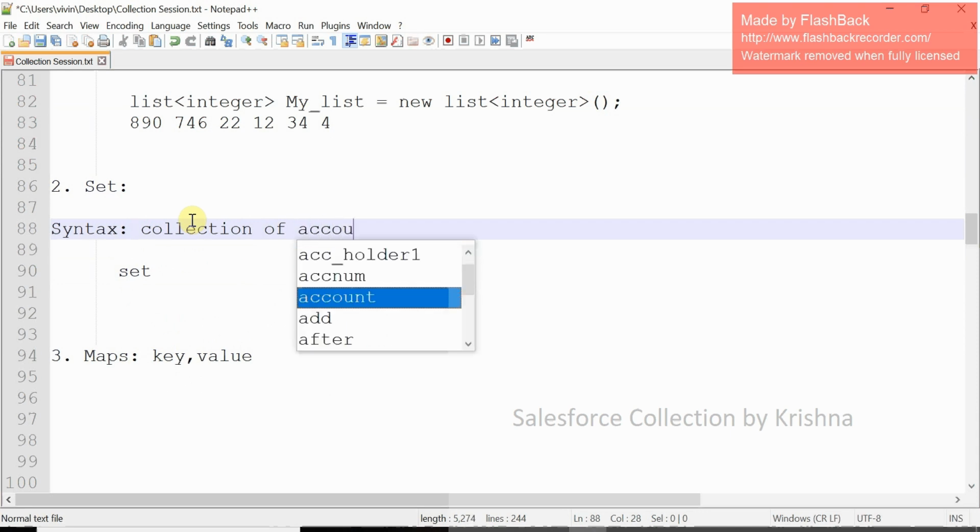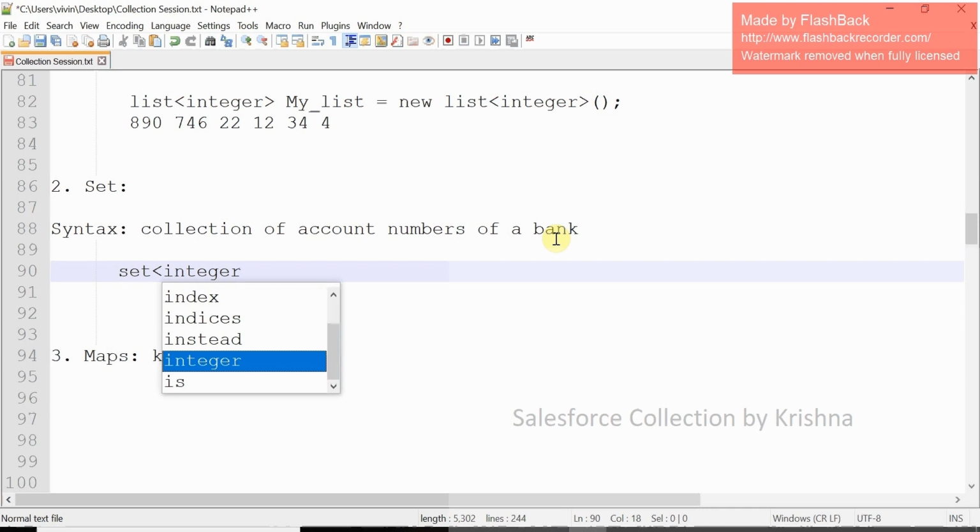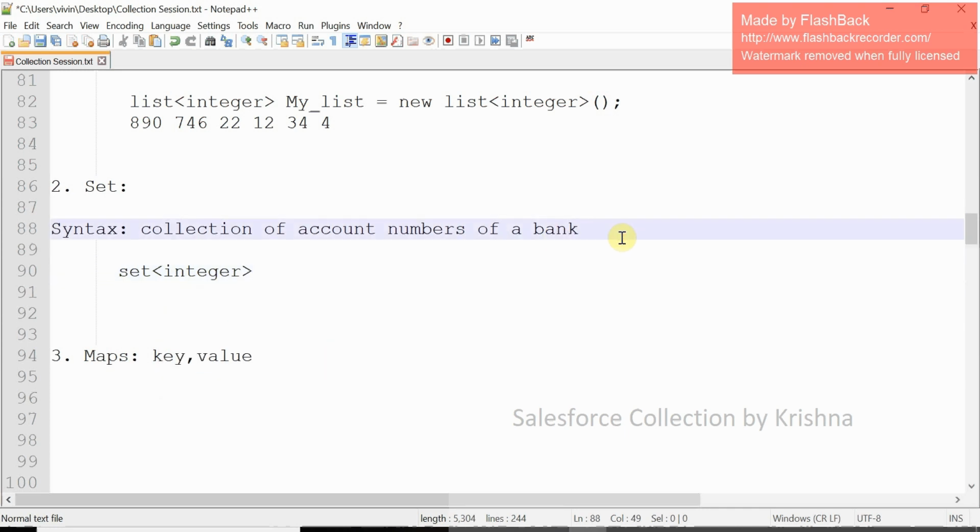Collection of account numbers of a bank. Yeah, so set of account numbers of a bank is integer. If they have alphabets in it, you can then put string, but as far as you know, this is 0, 1, 0, some long account number, so that's an integer. So Set<Integer>,